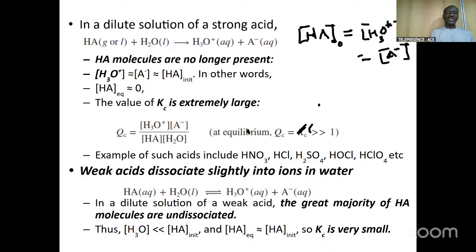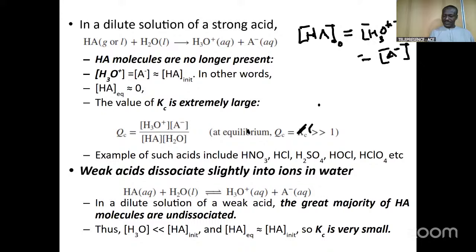All of it has been transformed into equal concentrations of these, according to the stoichiometry of the reaction. So the value of the equilibrium constant is going to be large, since HA is very, very negligibly small after the ionization: you have the numerator and practically no denominator. So it is significantly far greater than 1. Examples of such acids include nitric acid, H2SO4, hypochlorite acid, and